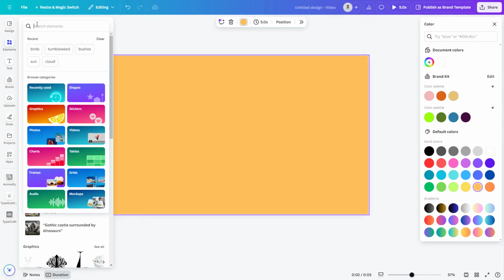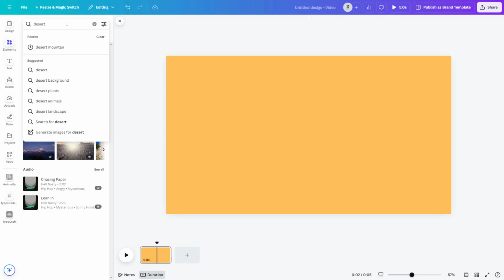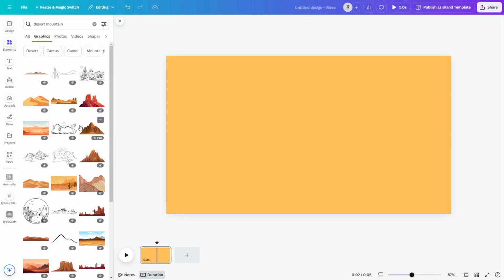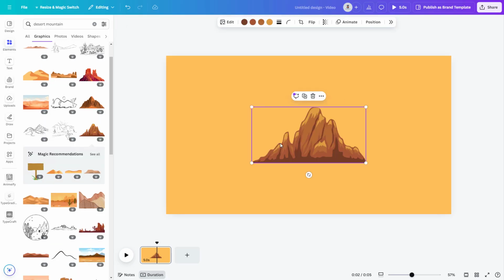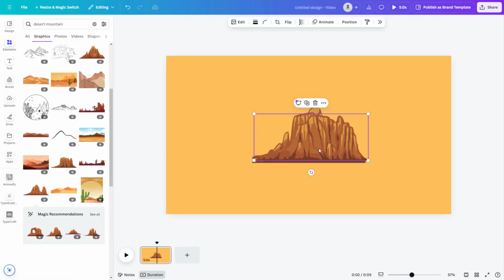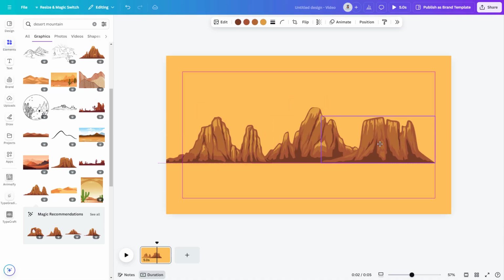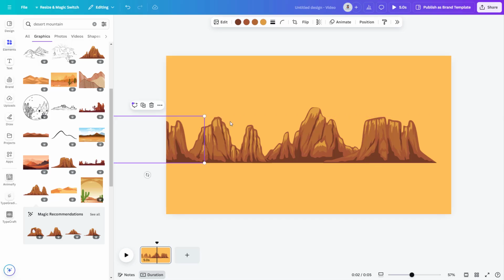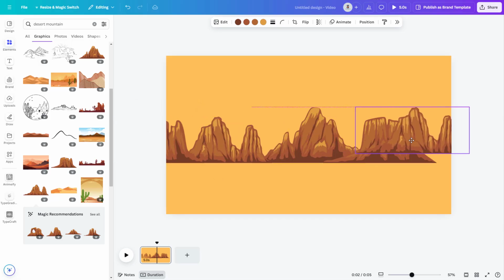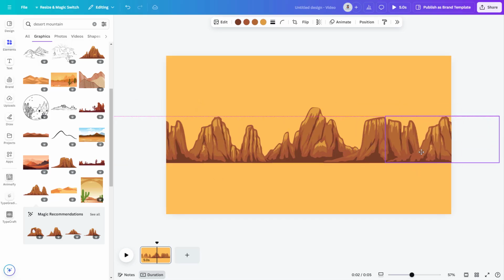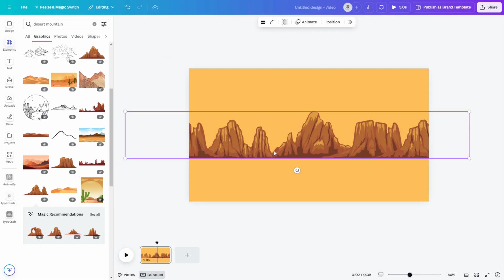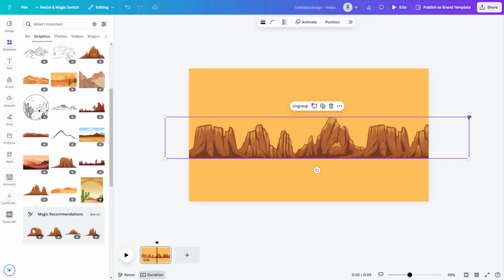Head over to the Elements tab and search for Desert Mountain. Choose the graphics you like and arrange them on the canvas. Make sure they overlap slightly to create a layered effect. Once you're happy with the placement, group these elements together and adjust them to sit nicely in the middle of